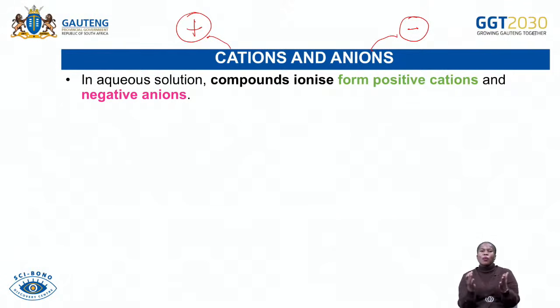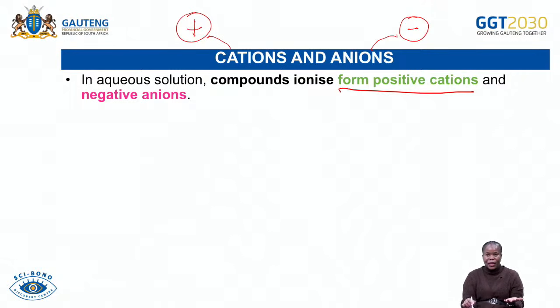But when we take this compound and put it in water or in any aqueous solution, what happens is that the compound ionizes. To ionize is to dissociate completely in water and then form these positive cations as well as what? Negative anions, okay? So when they just exist as compounds, they will not show those specific charges because they exist as neutral. However, when you put them in an aqueous solution, these ions then will form positive cations and then negative